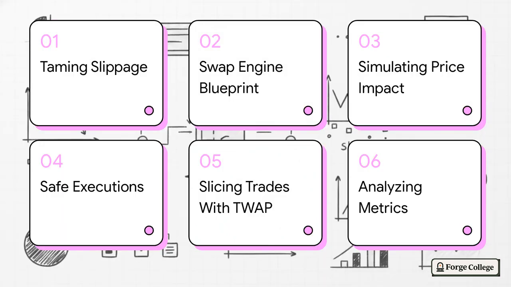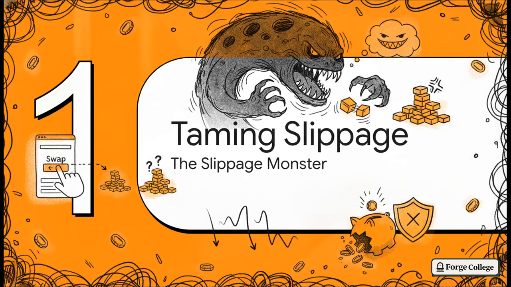Here's what we've got on the docket today. We'll start by taming slippage, sketch out our swap engine blueprint, and look at simulating price impact. Then we'll construct some safe executions, slice up trades with TWAP, and finally analyze our execution metrics. Let's jump right in. All right, part one, taming slippage, or as I like to call it, facing the slippage